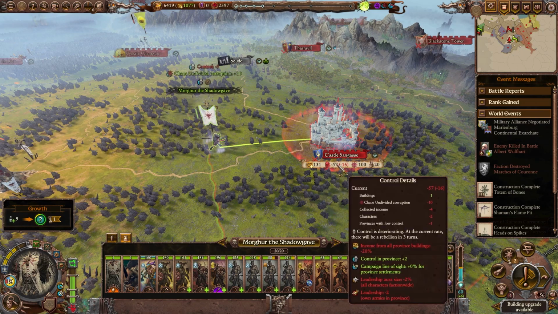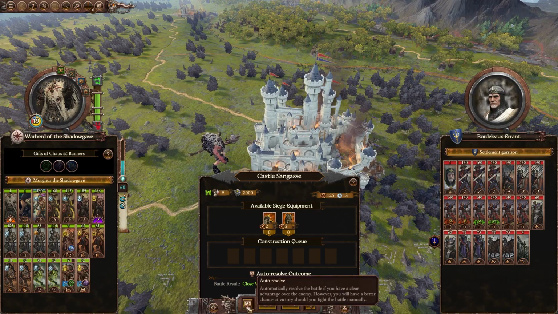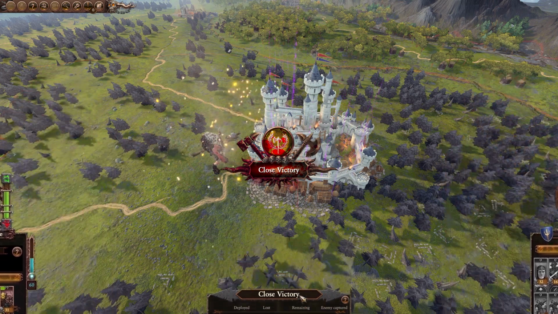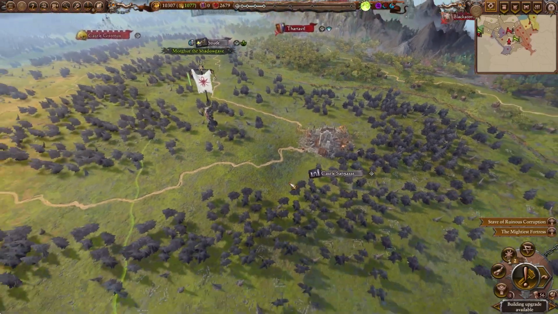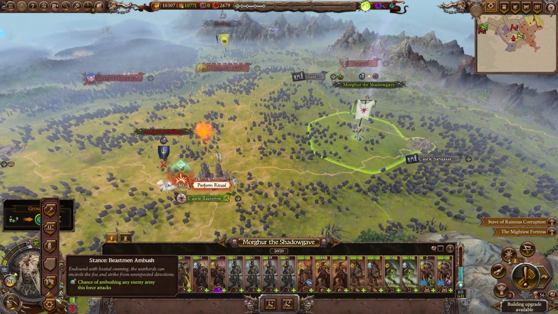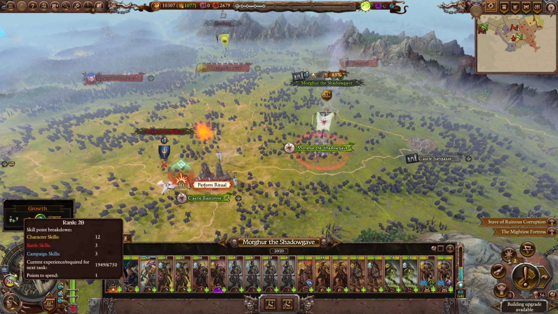Zangas is next. Likely another auto-resolve as our foes have been pretty weak. Yeah, clear victory. It says close, but I'm calling it clear. We lose almost everyone, because that seems to be the way at this point. We will take the rage and loot. Rage and loot. Let's have Morghur come on back into the stone area. Does it give us more replenishment? It does indeed. And then...